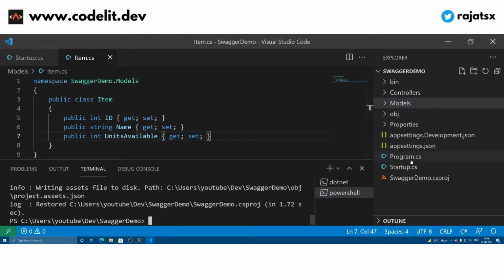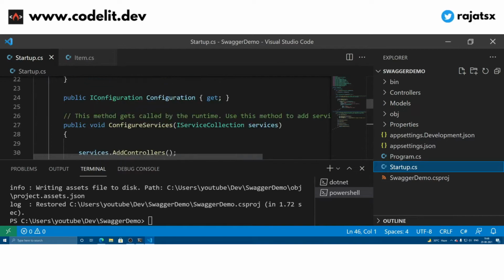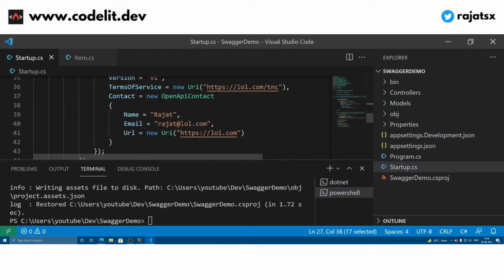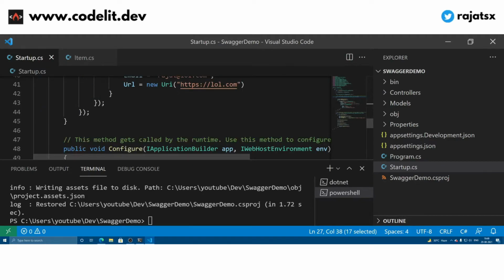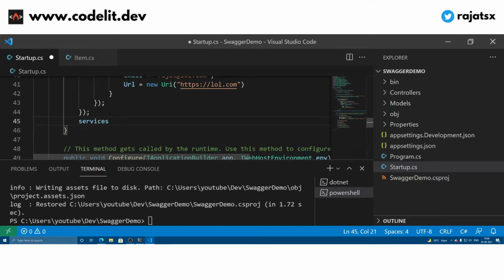Now let's set up the in-memory database. Let's go back to the Startup file and come to the bottom of the ConfigureServices method, and over here you have to write services.AddDbContext, and over here we have to provide a context. As of now we do not have a context ready, so let's first of all write the context.